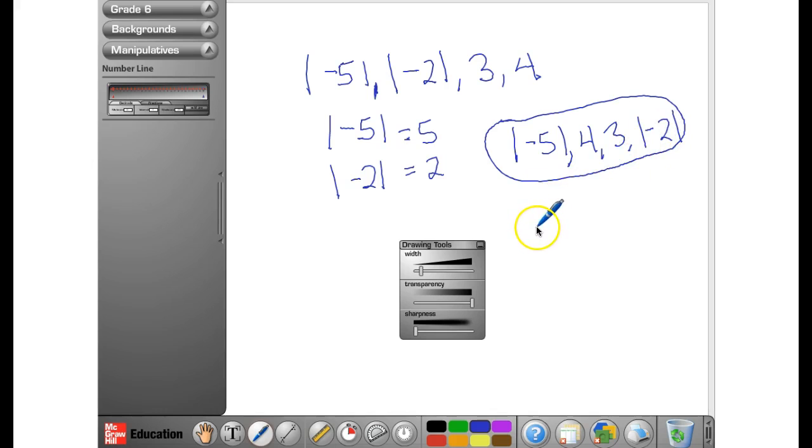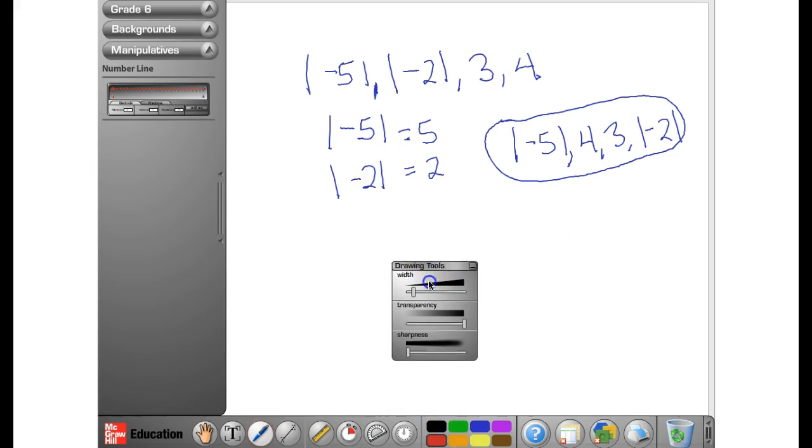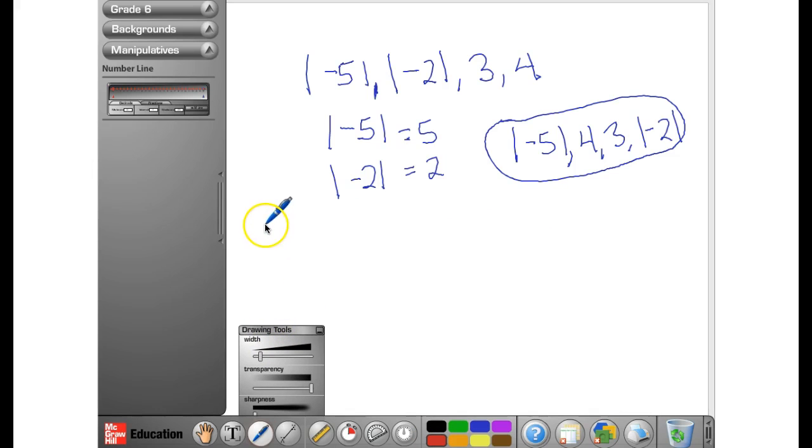Let's say that we have a couple other values. I'll change the color of the ink just up here. So let's say that we've got the absolute value of 6. Let's say the absolute value of -8. Let's say the absolute value of 7. And let's say the absolute value of 5. Now, if I had to order these from least to greatest,